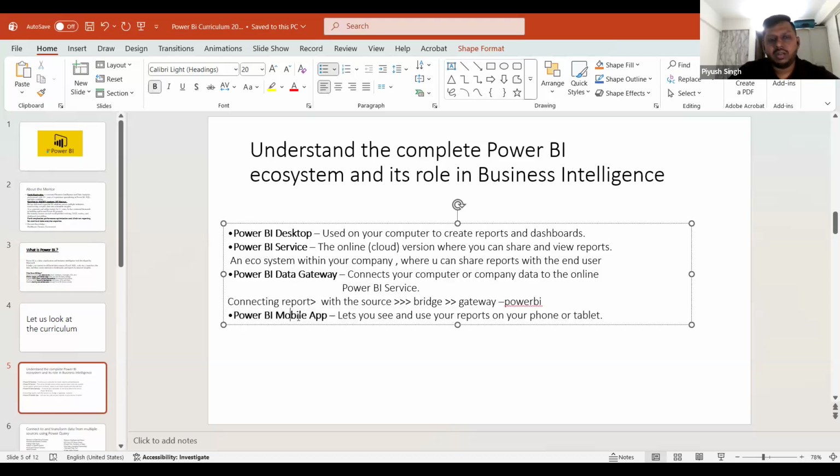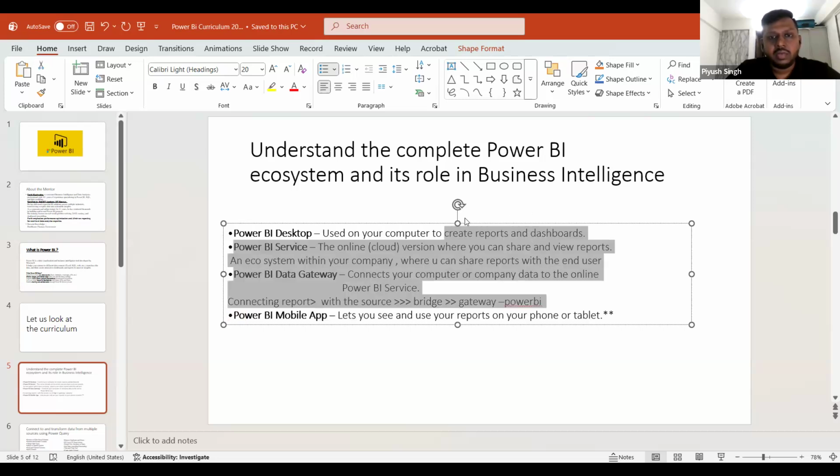And at last, we have Power BI mobile app. It is something new. It is new in the sense that it is something old. But yeah, I would prefer to teach it and tell you how the report gets updated on the app, because many people are going to ask you in the interview how you are going to handle it. So initially, up till here, we used to teach only Power BI service, data gateway, and desktop. But recently, people have started asking in the interview, what is Power BI mobile app, how we can use it. So yeah, nothing big, not at all a big thing.